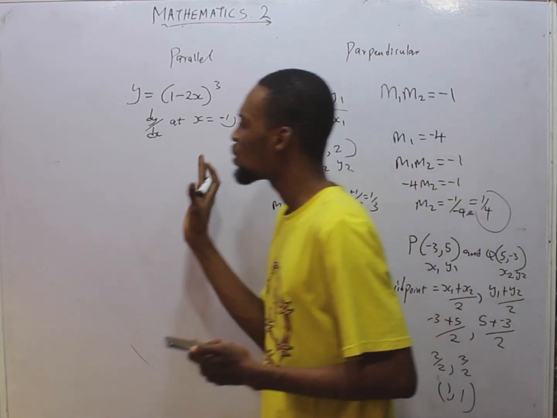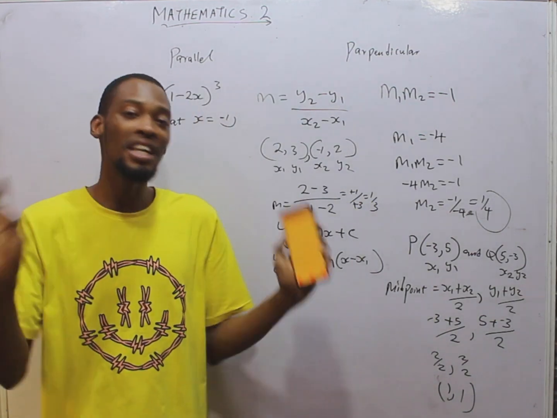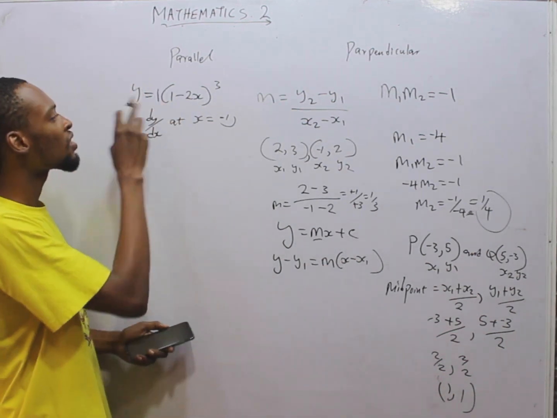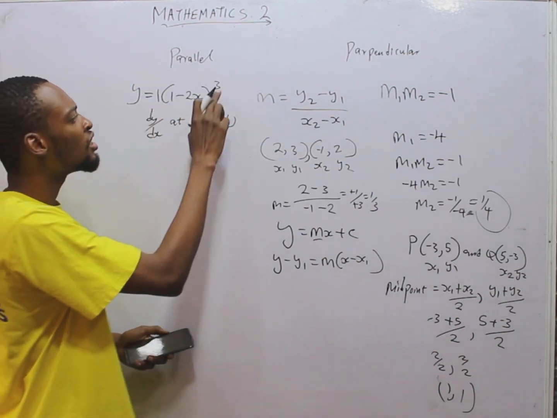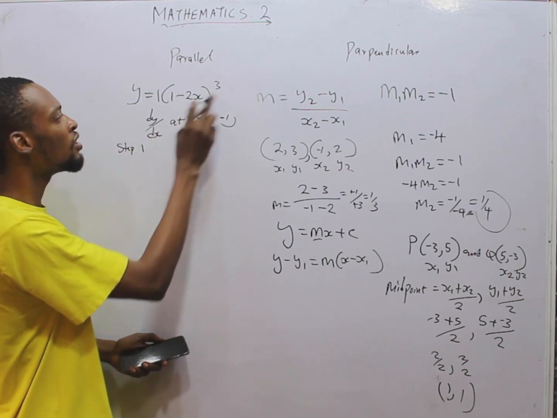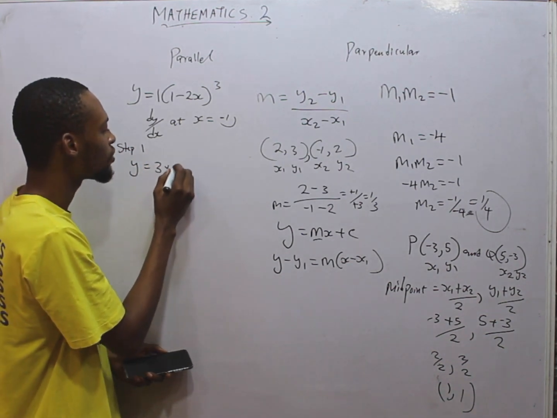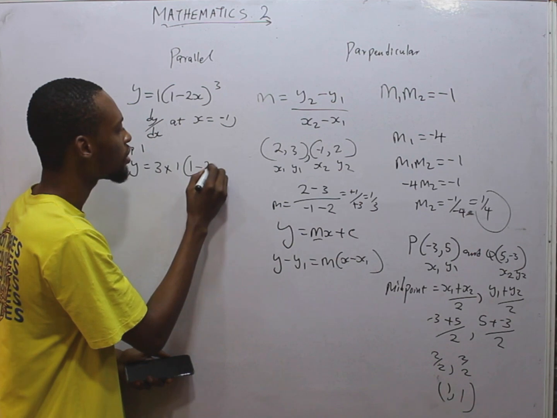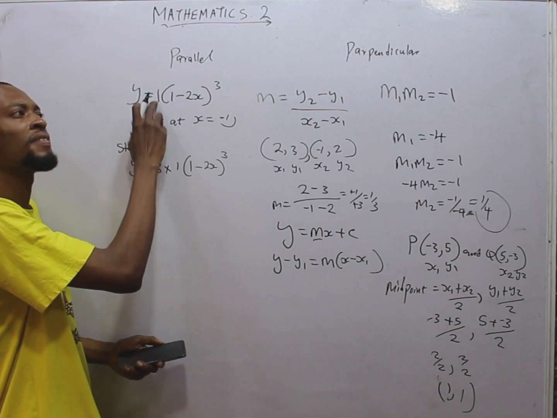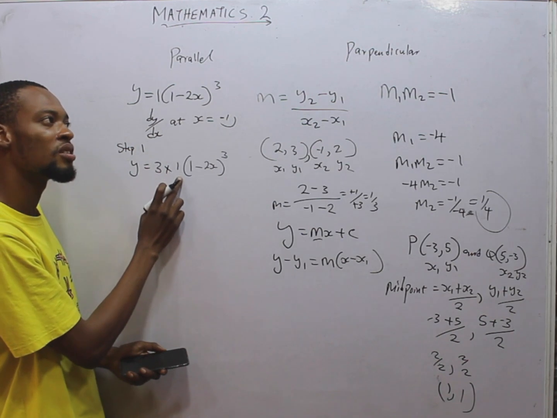Look at this. When you are given something like this to differentiate, this is what you do without using any formula. This is the same thing as 1. True or true? True. If this is 1, do something like this. Use the power to multiply everything. So let's say step 1. Using the power to multiply everything, you have y is equals 3 times 1 minus 2x raised to the power of 3. Why did I say 1 here? Because this can be 5, it can be 10, it can be 2x, it can be anything. So in that case, that thing will remain here.